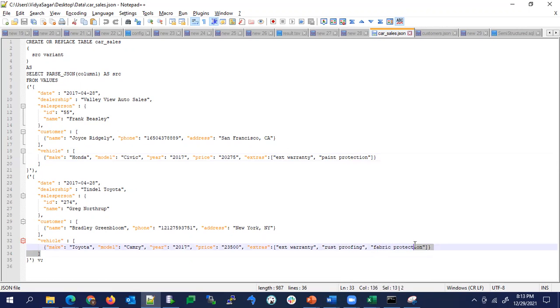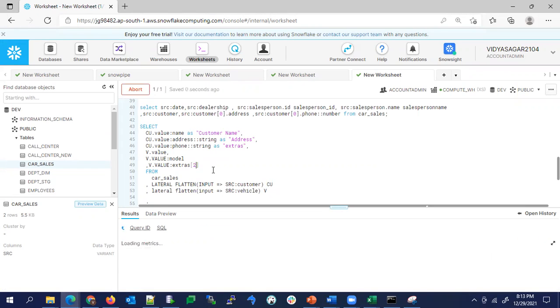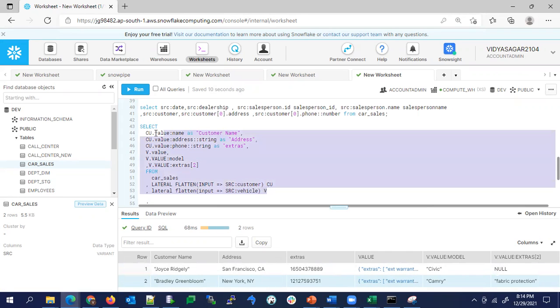Here the third value is there, but here there is no value. Let's give that index. This is the first index, and I am giving the second index. Here a null value is coming and here the value is coming. Like this we can access the values of the tags.